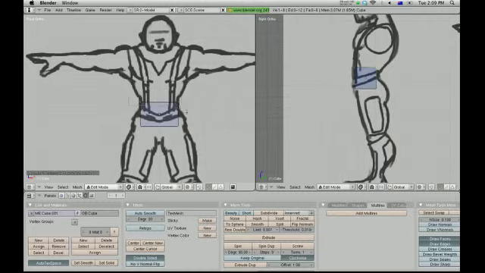Let's widen that, and I'm just going to get enough detail extruded out of this cube. And I can probably begin to